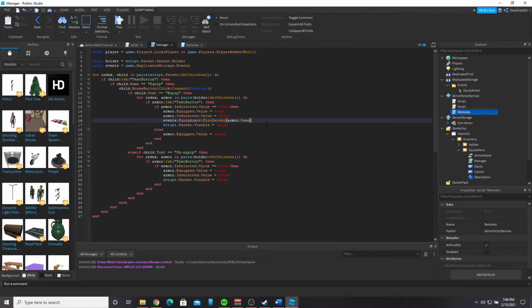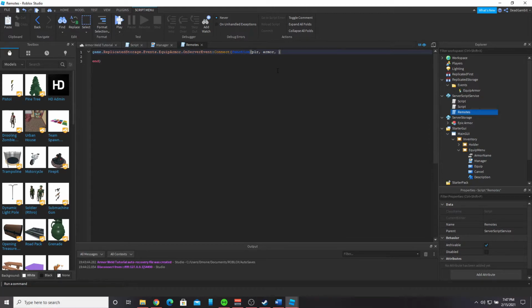And let's set a condition actually. So we're going to set the addition as equipped. And then we're going to set this condition as unequipped. We're going to go in here. We're going to put condition. All right. So now in our remotes function, we're going to do if condition equals equipped,